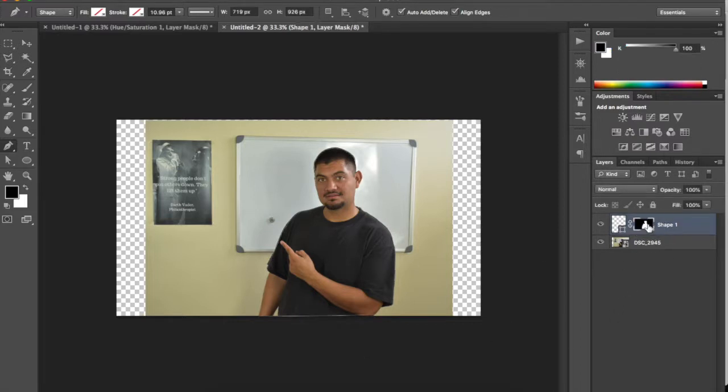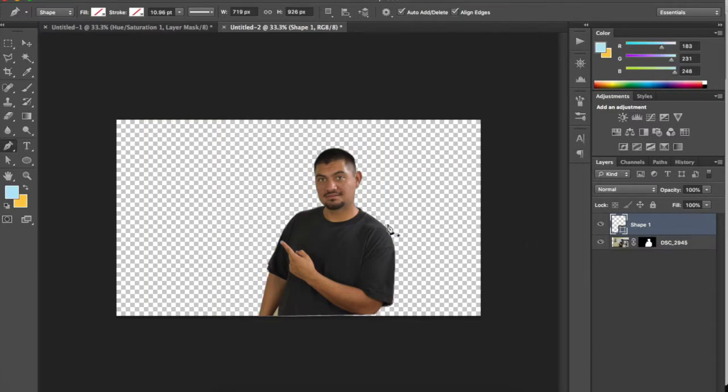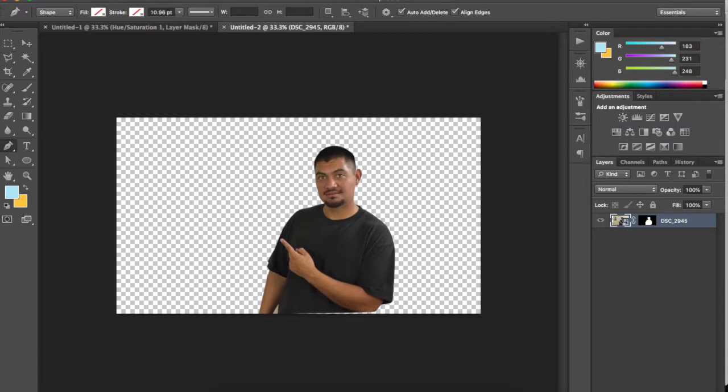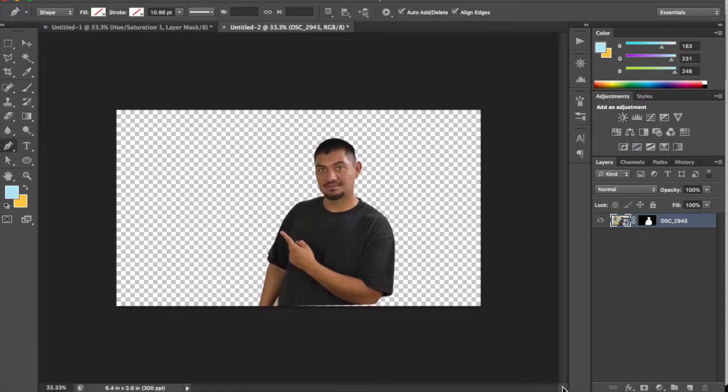So what you have to do is click right here on this shape, not this part right here, but the shape, and you're going to bring it down to the original picture of yourself, if this is what you're trying to do. Let it go, and now you just outlined your body and you removed the background. So this shape right here we no longer need, so we can bring that down to the trash. No, let me see if I can bring this up a little bit. Okay, so